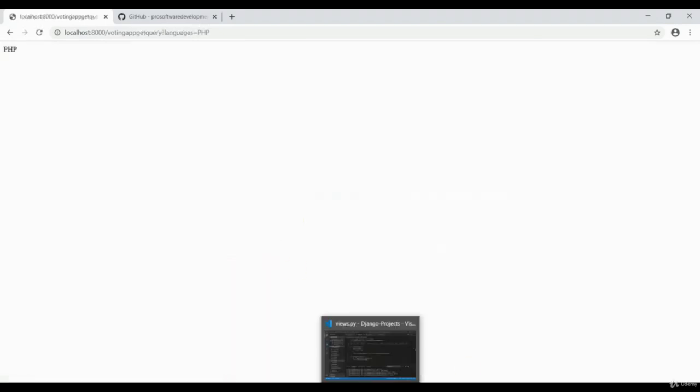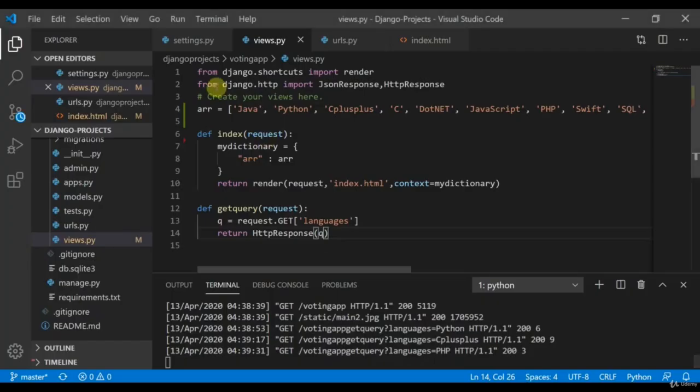Okay. So till now we were trying to get the HTTP response, but now we can do one thing. We want to store the count of each language chosen. So we can make a global count, then we can render that global count dictionary. That global count is a data structure.